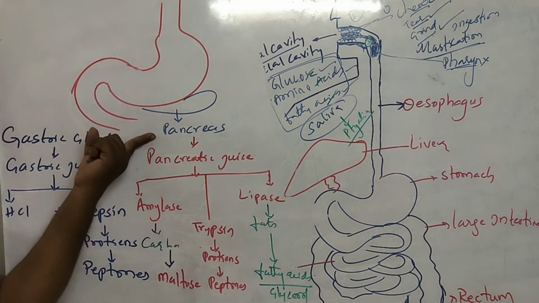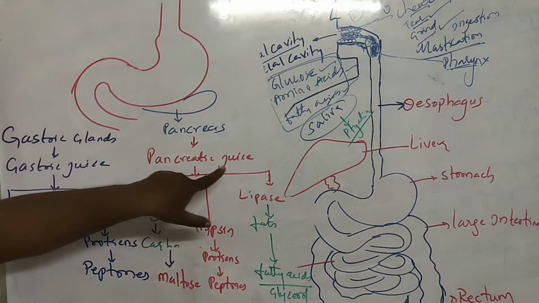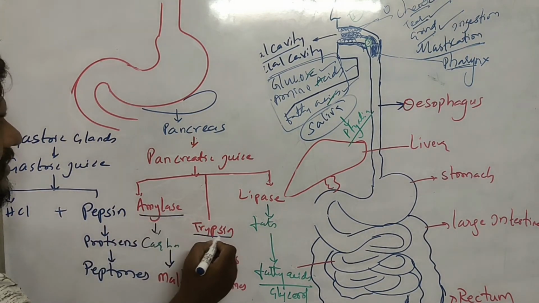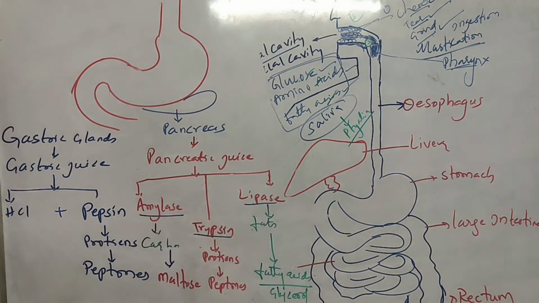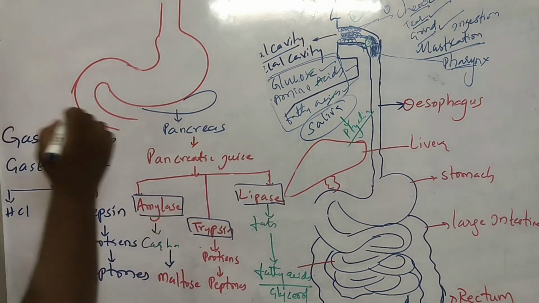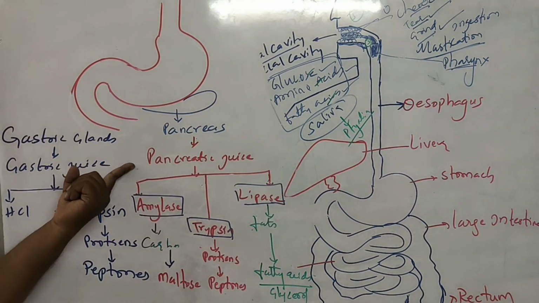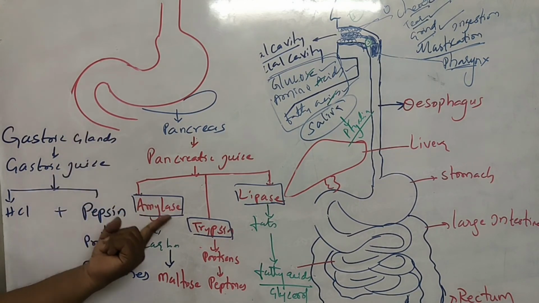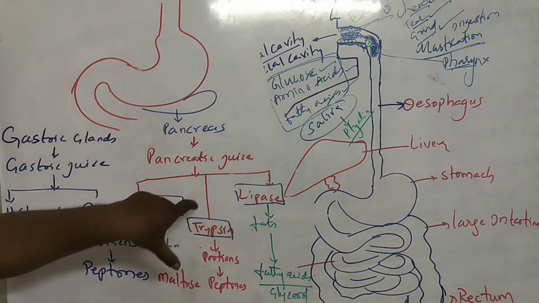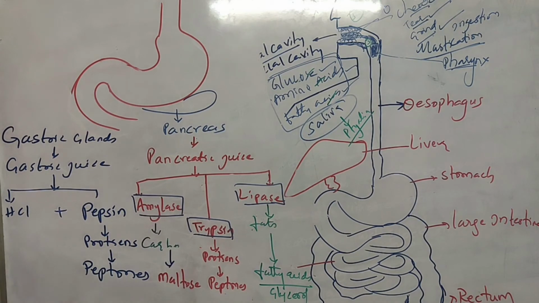So the pancreas here will secrete a juice called pancreatic juice. So this pancreatic juice will contain 3 enzymes here. One is amylase, second one is trypsin, and third one is lipase. So the boxed parts are the enzymes which are secreted in the pancreatic juice. So pancreatic juice is secreted by the pancreas. And what are the three enzymes present in that? Amylase, trypsin and lipase. Now we'll see what its function is, on which nutrient it is acting and converting into